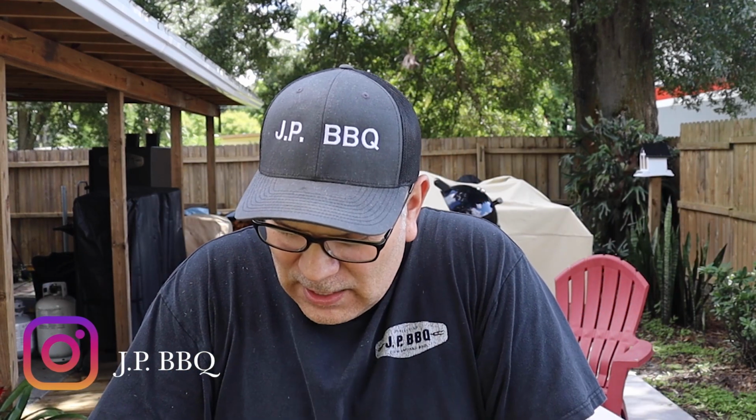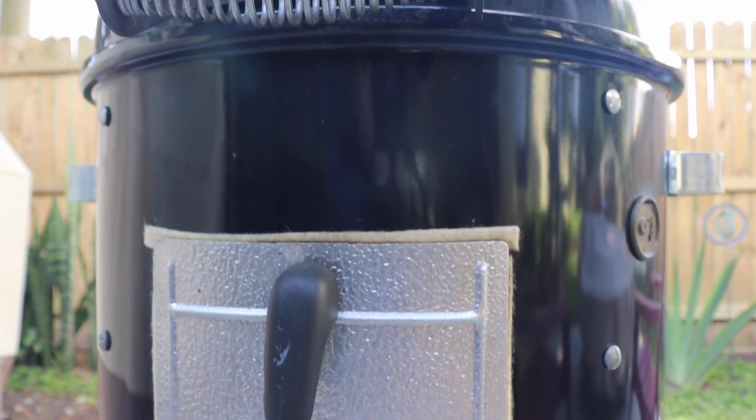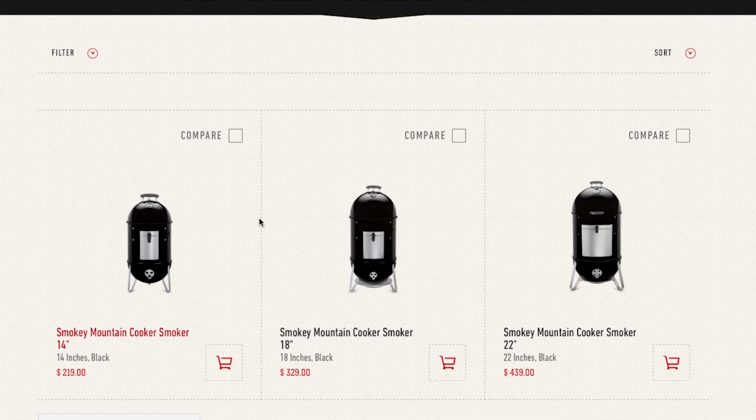So I've been wanting to do this smoker mod for a little while now. And, well, just like anything else, things like this take a little bit of time. You got to set time aside to get it done. The Weber Smokey Mountain that I have is the 18.5-inch. I believe they make 3 models. There's a small one, I think it's 14-inch, then the 18.5, and then they make the big one, the 22.5-inch Weber Smokey Mountain. So the one I have is 18.5 inches, and I've done a lot of modifications to